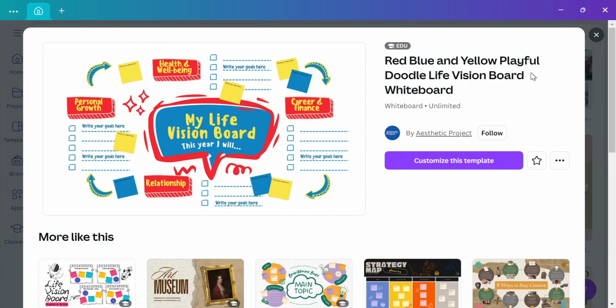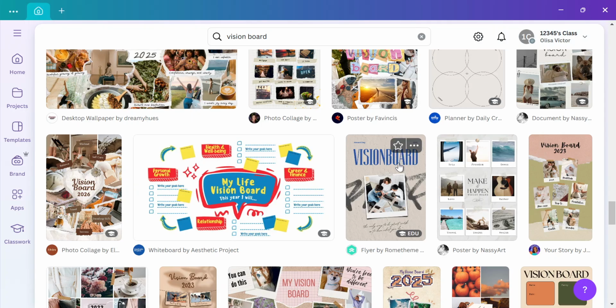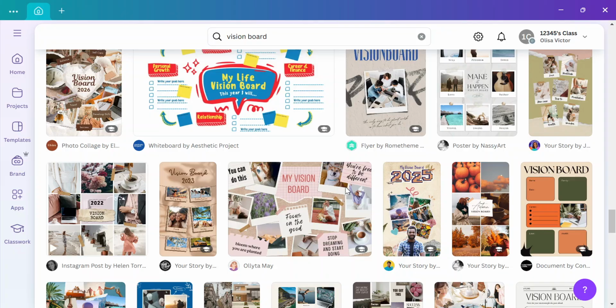So if you're looking for how to create a vision board for yourself, this is how to create a vision board. And let me tell you that my Canva plan is a paid one, so yours will probably be free,